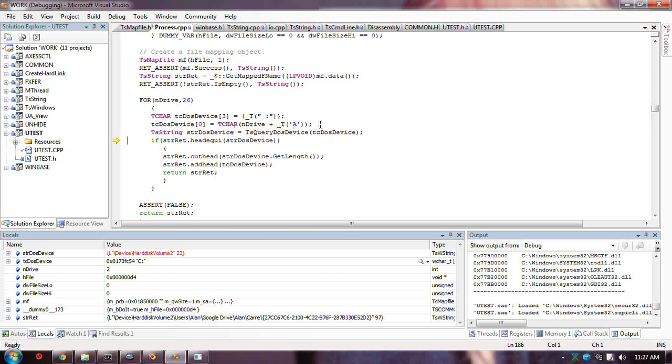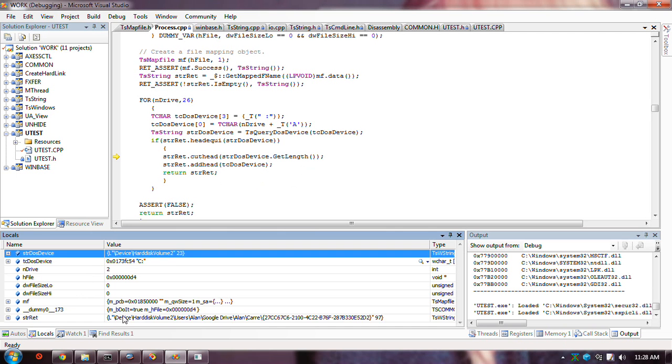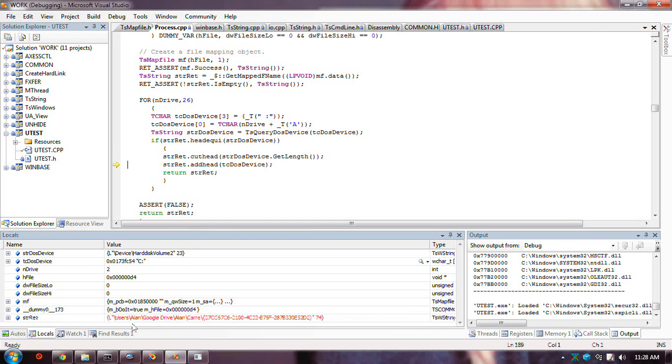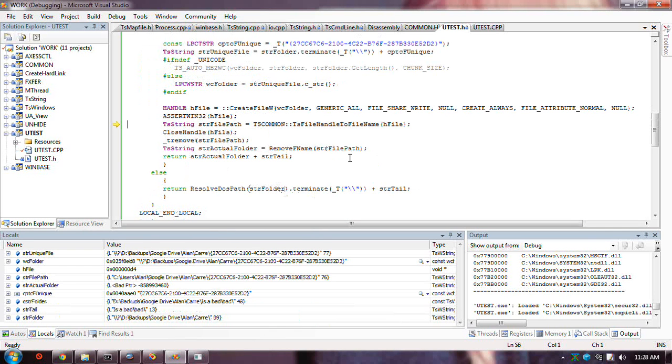And I know that the DOS device, which is a letter followed by a colon, is the current letter, this DOS device. So, string width, okay. Cut this bit off, add the DOS device, okay, and return. Close the file, remove it.